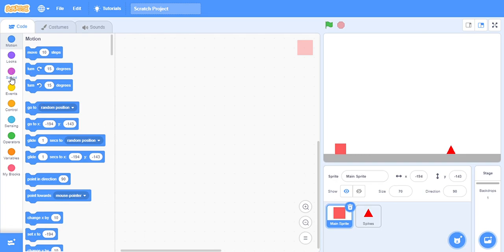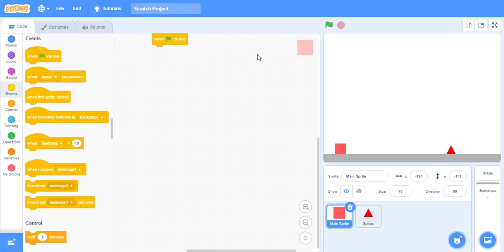In this tutorial, I'll be showing you how to make a Geometry Dash game in Scratch. So let's get started. First thing you want to do is